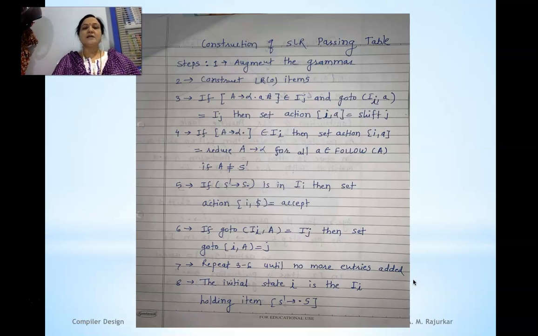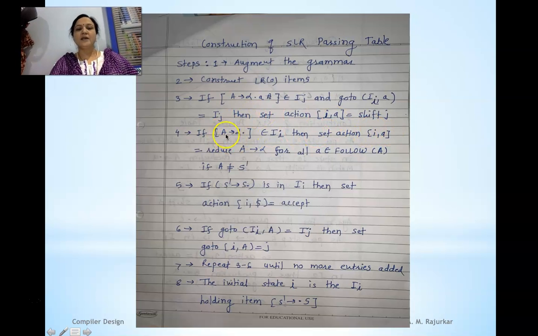Now second is the reduction. What is the rule for reduction in the algorithm? For reduction we have to find a complete item. What do we mean by a complete item? A complete item means in the production the dot is at the end of the production. So A tends to alpha dot, where alpha is some string, and the dot is at the end. If there is this type of production in one of the states I in the DFA, then we have to set action[I, a]. Now here, small a is set to reduce by this production.